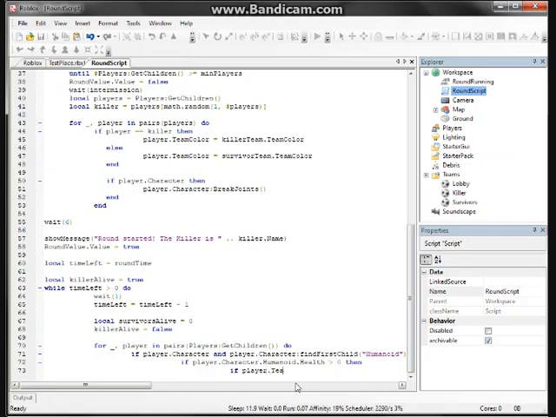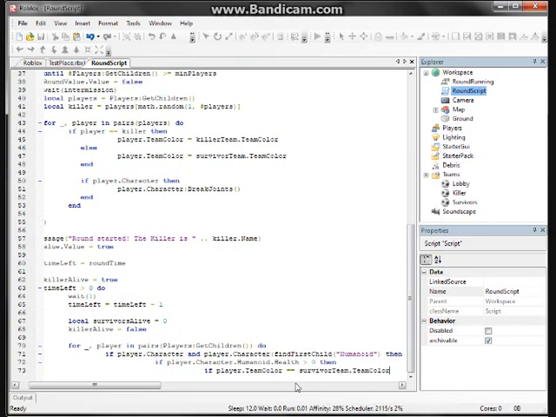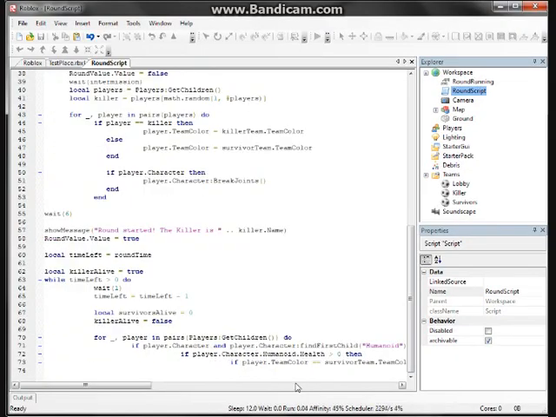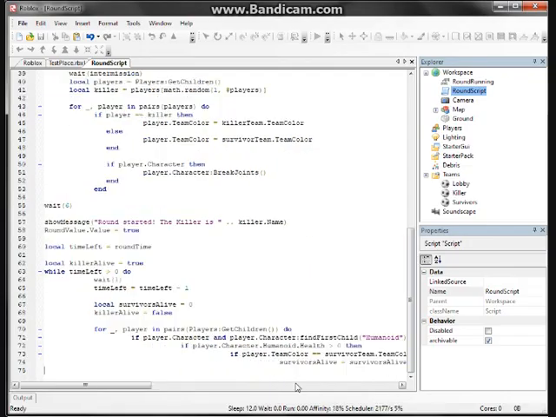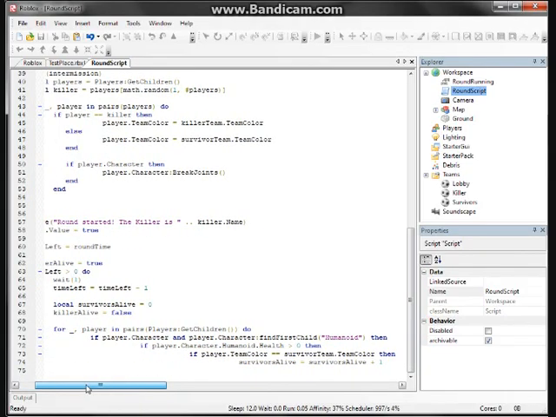If player.TeamColor equals survivorTeam.TeamColor, then survivorsAlive equals survivorsAlive plus 1. Also, every if has to end with then, if you didn't know. Else if, also same with else if, player.TeamColor